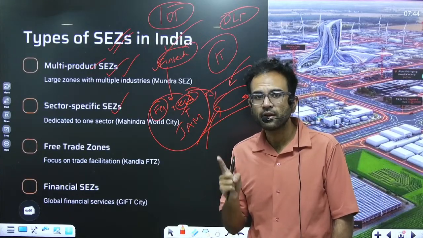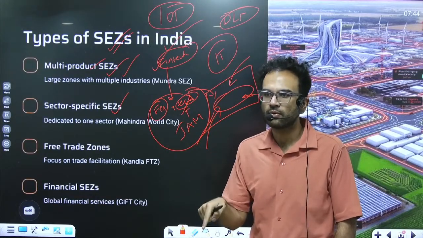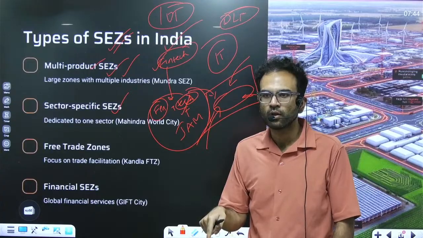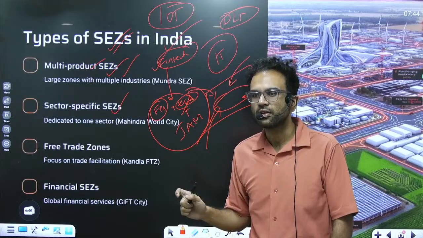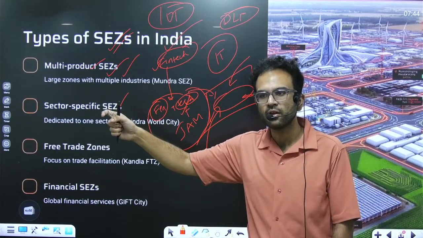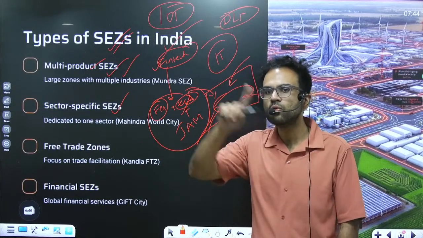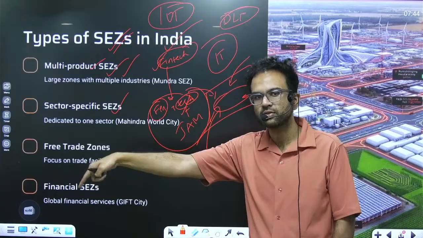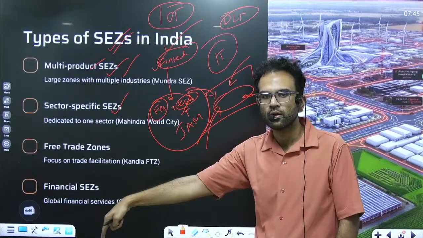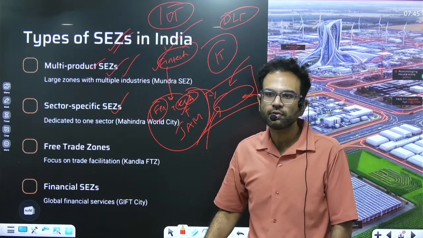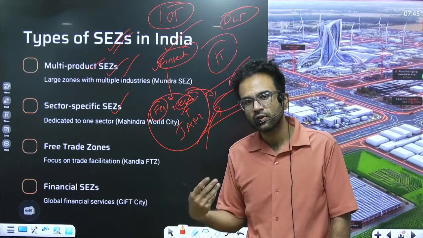There should be peripheral support from the government in terms of ensuring there is a skilled workforce there. If you're giving a special economic zone for a manufacturing sector far away from the city, skilled professionals should be okay to move out of their comfort zone and come to a place which is very remotely located. So you need to have the supporting infrastructure for a quality life there. Sometimes that might be missing, which didn't support.